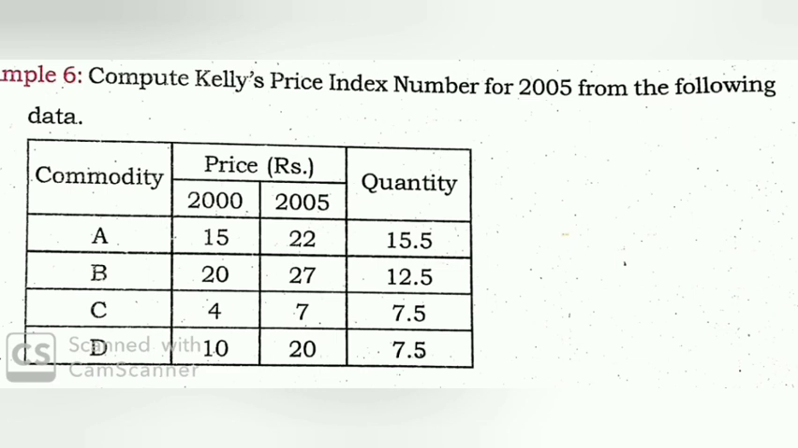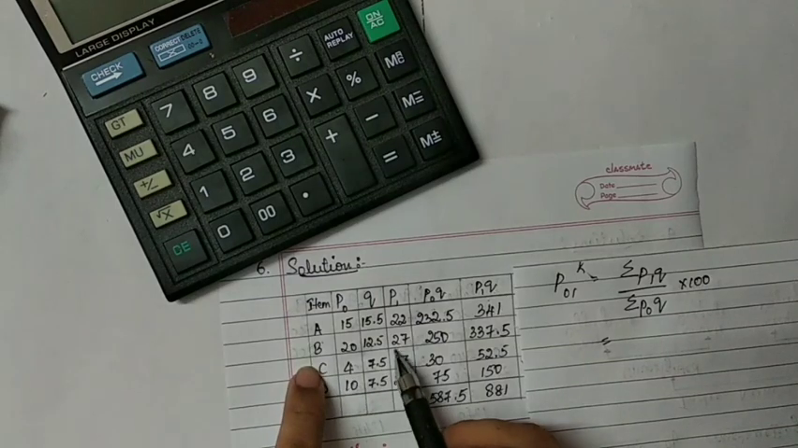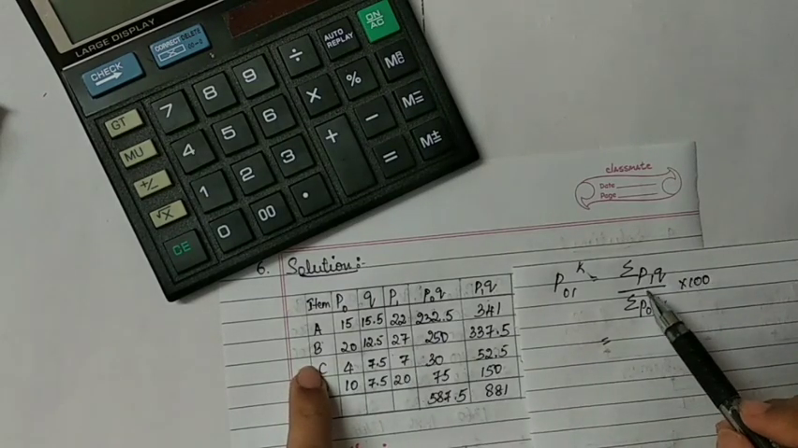It is not of base year and also of current year, isn't it? So Kelly's price index number is also called the fixed weight index number, isn't it? So let's start solving the problem now. In this problem, first write down the given items as they are, and then according to the formula, calculate